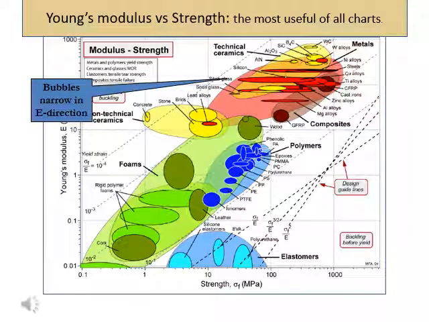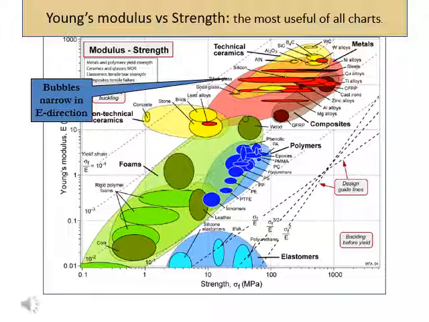Another useful bubble chart is the Young's modulus versus strength. Here you can see the behavior of materials when force is applied. The lower right of the chart shows materials having low Young's modulus, which tend to buckle before yield. The upper right of the chart exhibits materials that are stiff and strong, including metals and alloys as well as